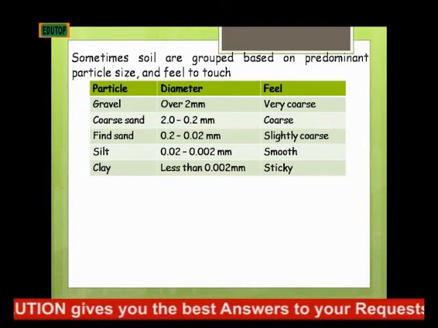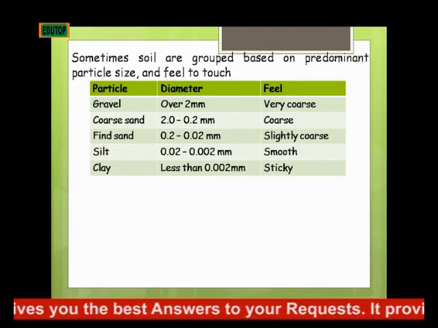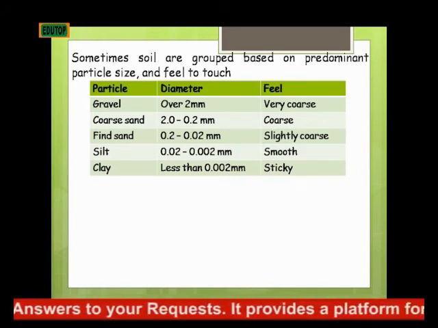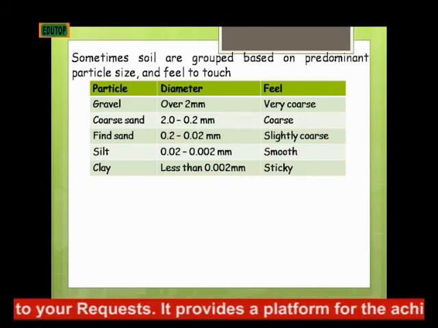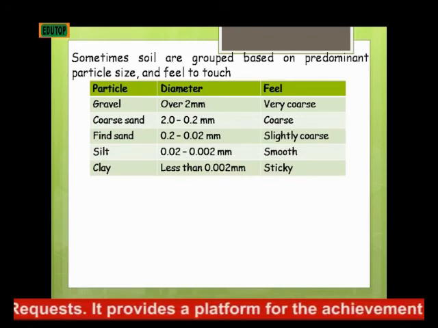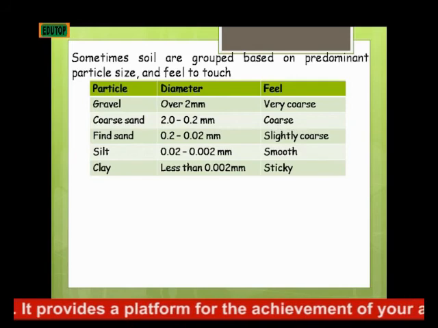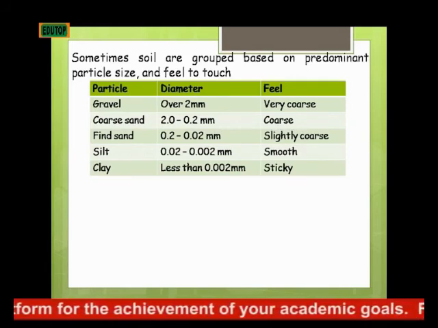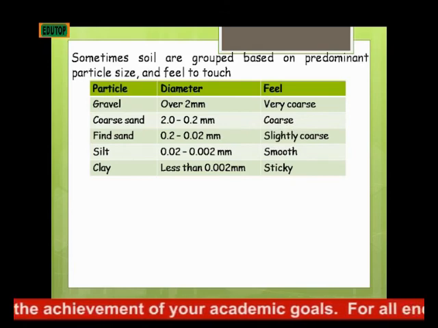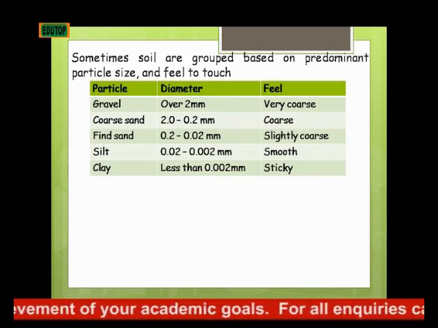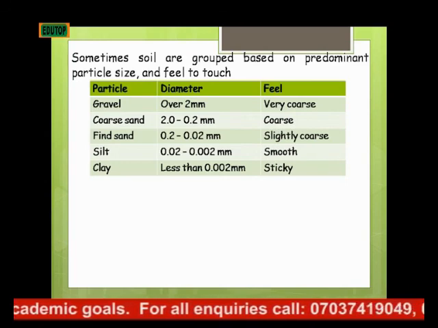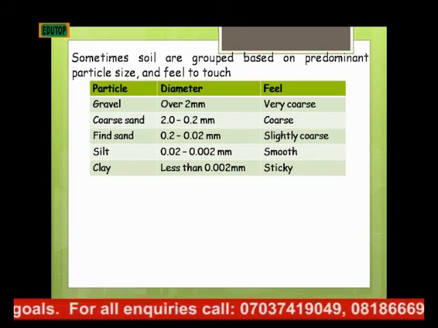The gravel is over 2 mm in size. The particle size, that is the diameter, if we take an average diameter of a gravel, is more than 2 mm, and it is very coarse to feel. That is, if you rub it on your hand, you see that it is very coarse to feel. Then we have the coarse sand, which is from 2 mm